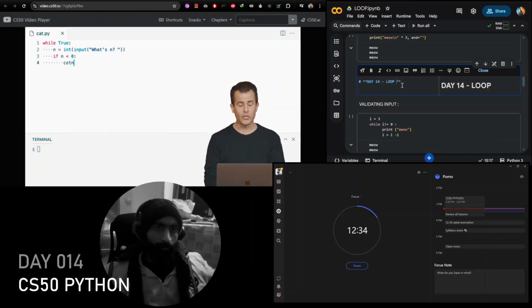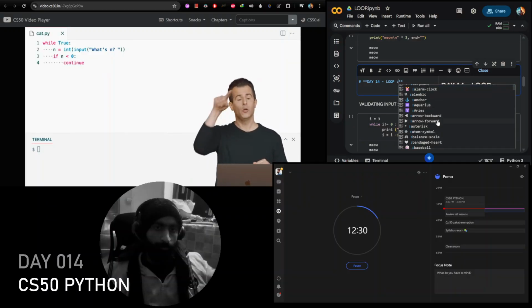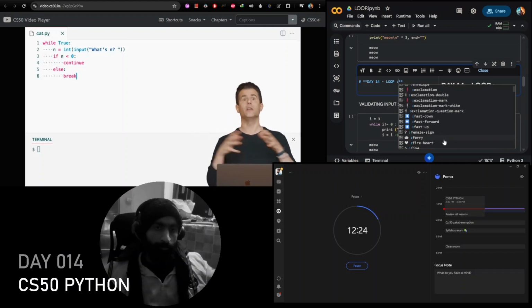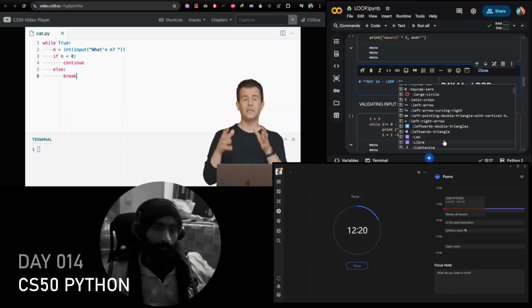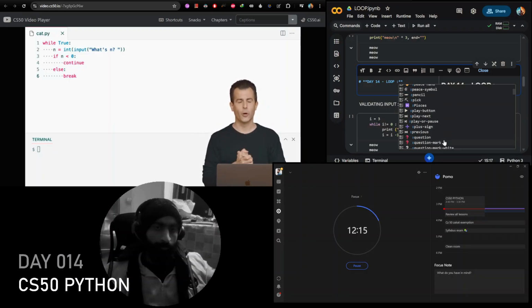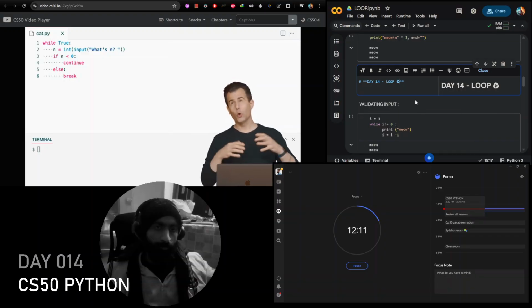So let's just literally use Python's keyword continue, which says just that: continue to stay within this loop. Else, if it's not less than 0, let's go ahead and break out of the loop altogether using another keyword in Python, break. Break will break you out of the most recently begun loop. In this case, if it's not the case that n is less than 0. So this will work, and it will allow us to get a value that's 0 or greater from the user.